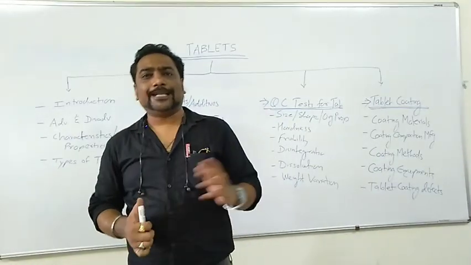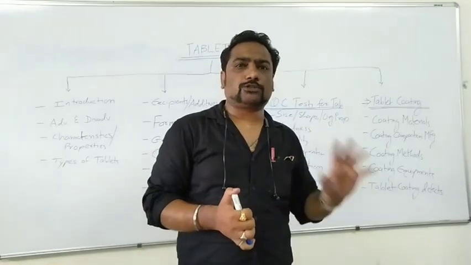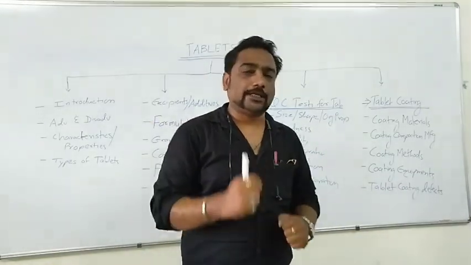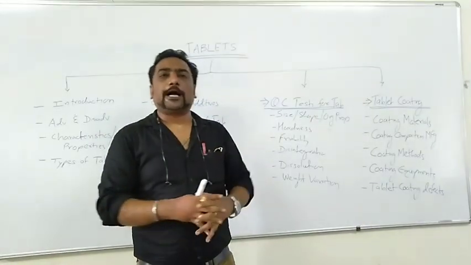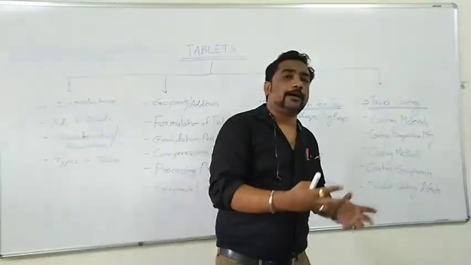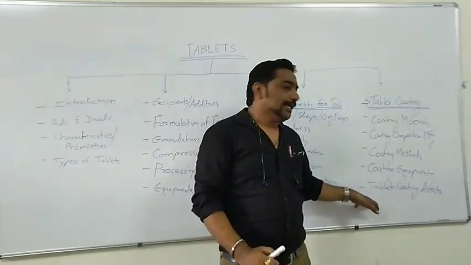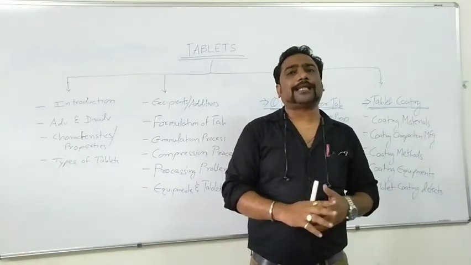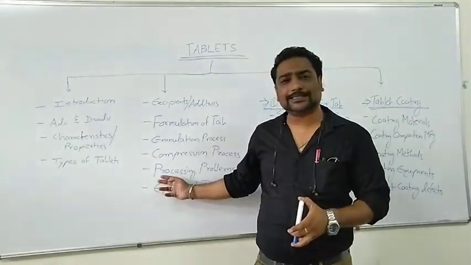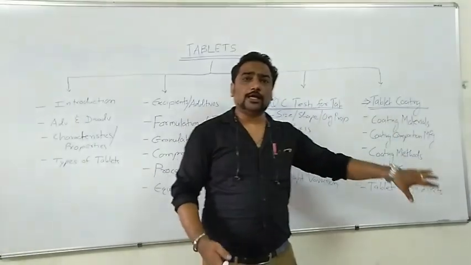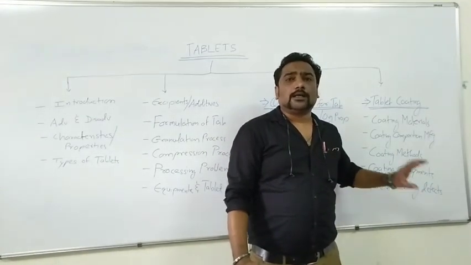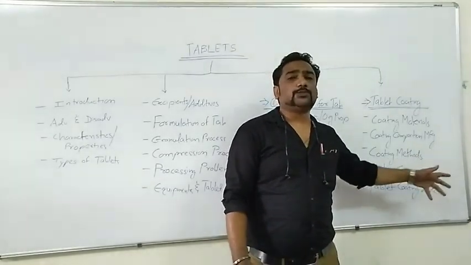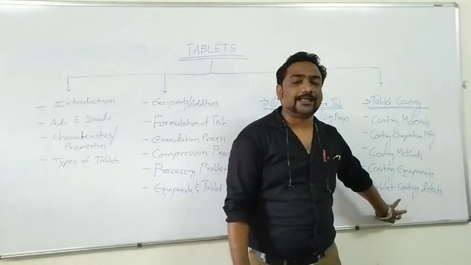There are various ancient types of equipment available, and some modified instruments are also available for coating of the tablet. So we will discuss different parts of coating equipment, how they work, that we will see. And finally, as we have observed during the compression, there may be some problems in the tablet manufacturing process. We have covered this in that section. Similarly, during the coating of the tablet, there is a chance that some problems may occur. So these problems will be covered in the final section.